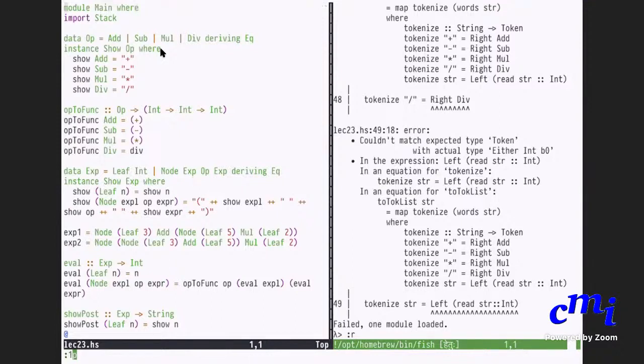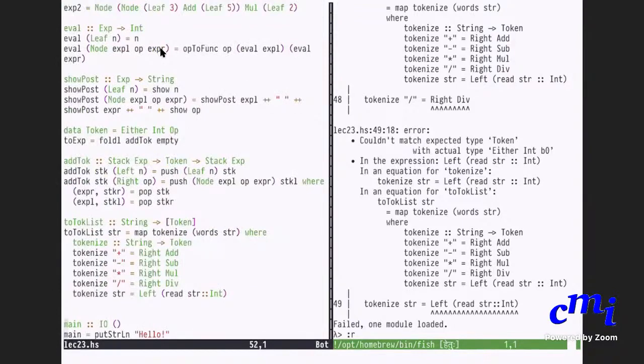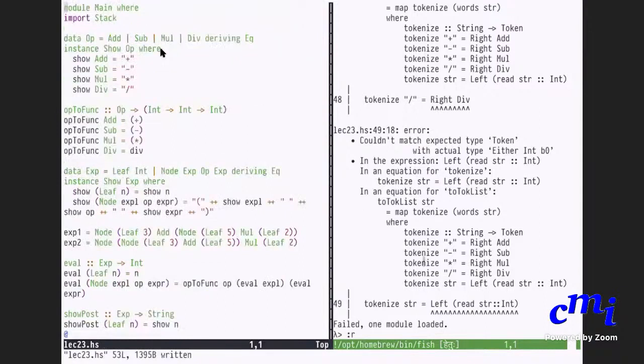I should not use data, I should use type. Did I define token at all? Yeah, I shouldn't have used data, I should have used type, because it's just a type synonym for Either, whatever.